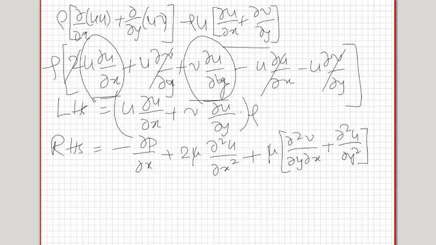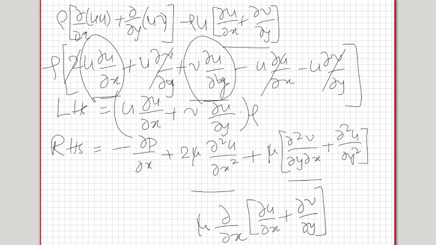Okay, now I take out one del by del x from here and this term. So both of them, if I take out del by del x, there is a del u by del x here, plus if I take del by del x here, there will be a del v by del y, mu times this. In addition to that, there will be 1 del square u by del x square term and 1 del square u by del y square term multiplied by mu. So this being a 0, this term will cancel out. So you will only have del square u by del x square and del square u by del y square.